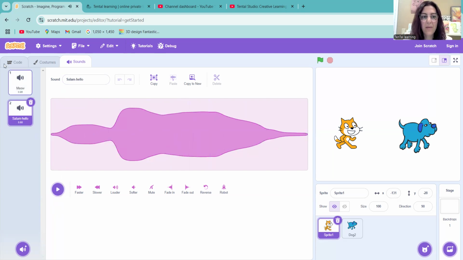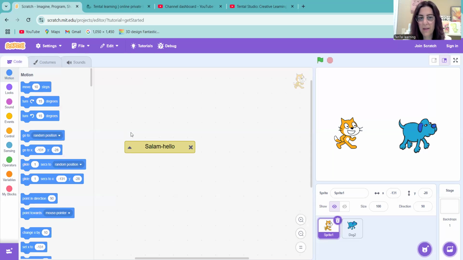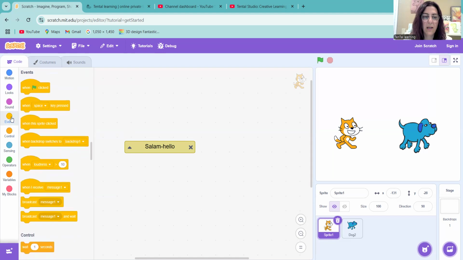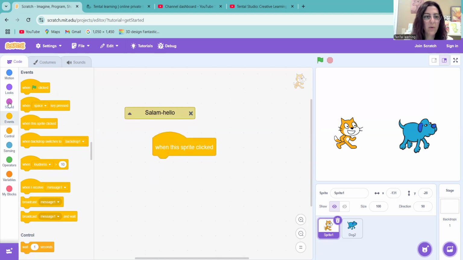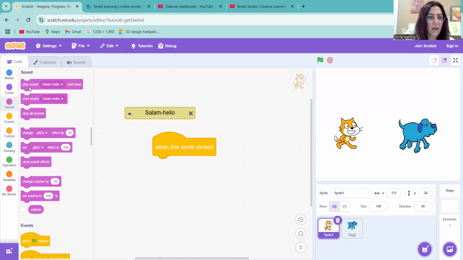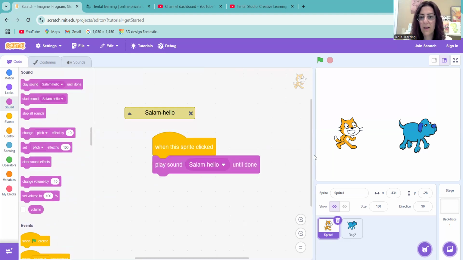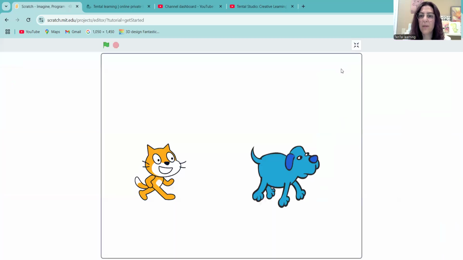We want to go back to this tab, and here I added something like when I click the cat, it will say salam. So to do that, we go to this yellow circle, grab this one, and put it in the center. And then we want to go to the sound circle and grab this one. And now when I click the cat, look what will happen. And we can look at it full screen view, and when I click the cat,